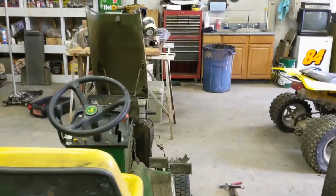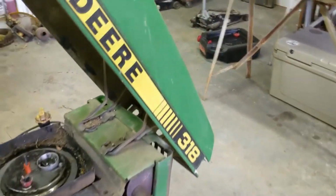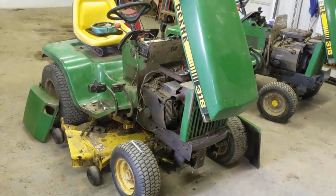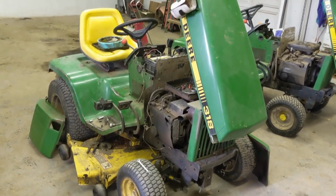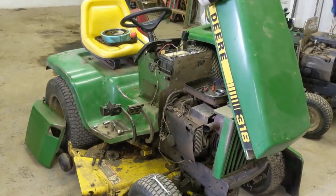I also found out that for years I had thought he had a 316 before he got this 318, but it turns out he actually had a 317. My buddy Drew actually looked up a couple old dealership records for me, and I found out that he used to own a 317. So the story he gave me on the 317 was it had a twin-cylinder Kohler engine